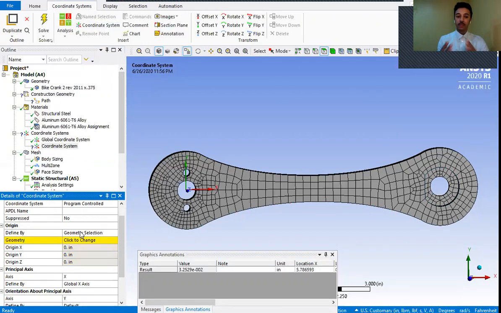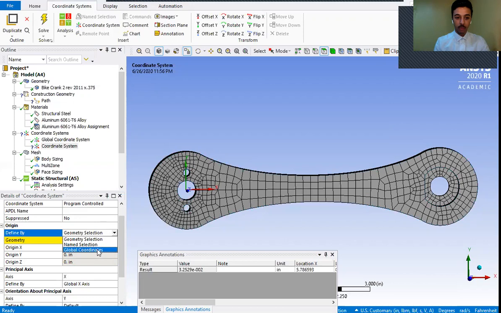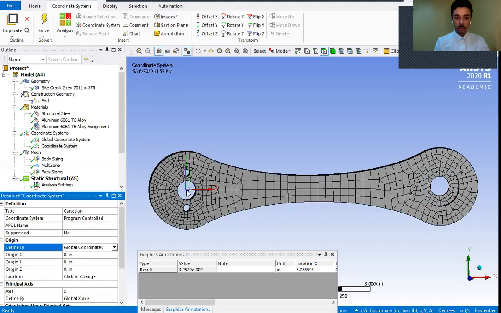If you want it to be defined by geometry selection, you can just go and choose your geometry, but I want it to be relative to my coordinate system. Okay, so I will say global coordinates, and it will be chosen for this. So if I want my path to be along this line, along the y line,